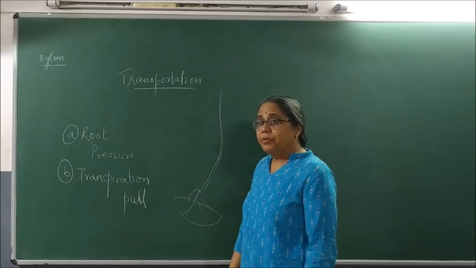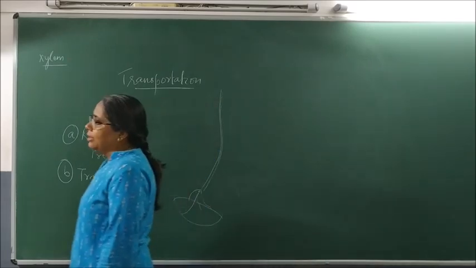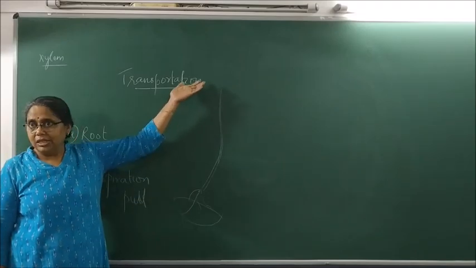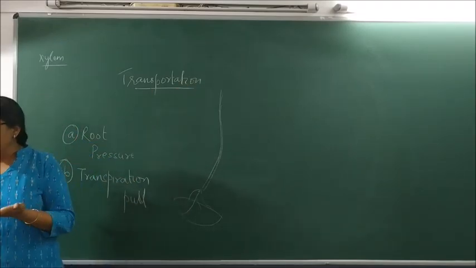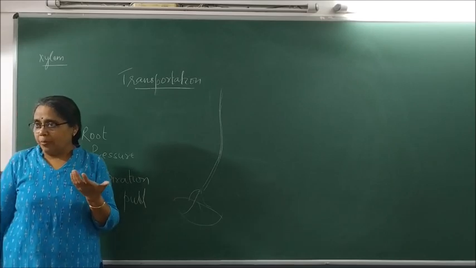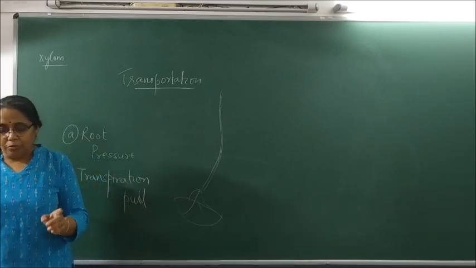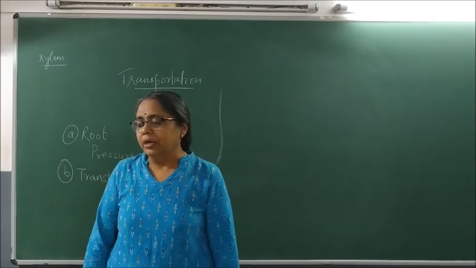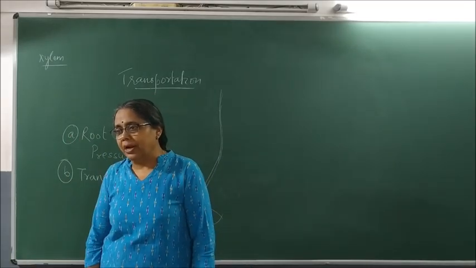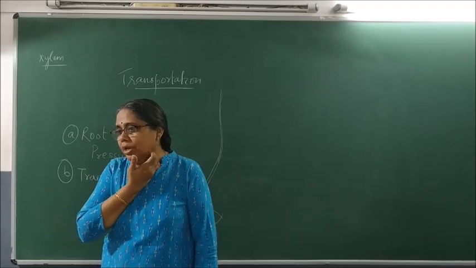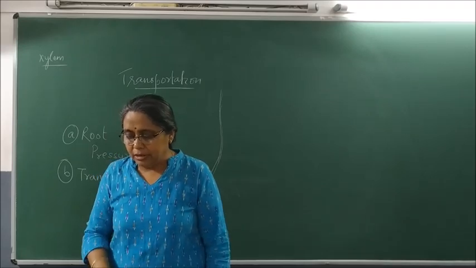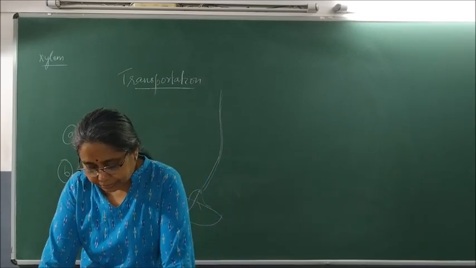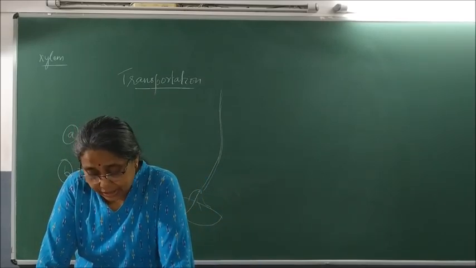And hence, through the root, water moves from the soil to the roots and then to the stem. If the plant size is small, this can function. But as the plant size increases, plants use a different strategy to move water upwards. Is it clear? So please write: How does water enter the roots of the plant? Please underline.